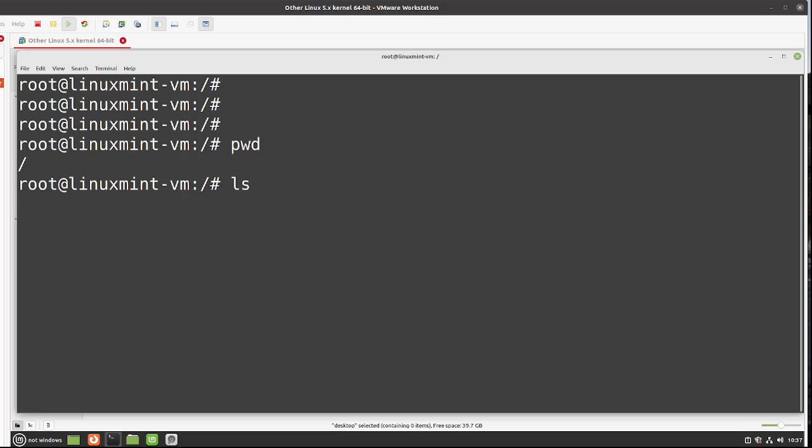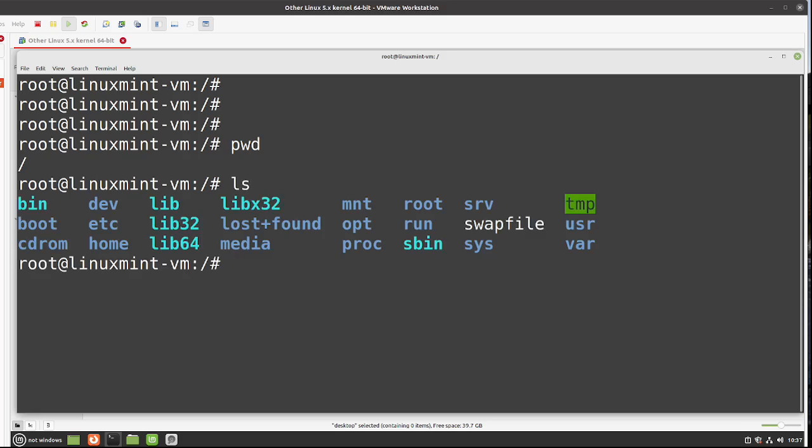ls, enter. And you're presented with a couple things. We're going to go left to right. First of all, the bin directory, binary directory. The binary directory contains executable programs that are required when your Linux Mint computer boots up. These are the programs that execute basic commands, and this is roughly the same thing as what you might call your C Windows. So inside the bin directory, I'll just type cd and then bin, go into the bin